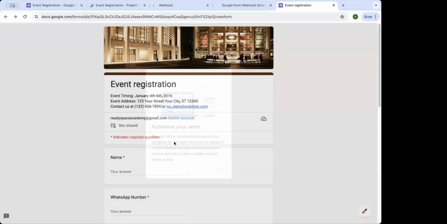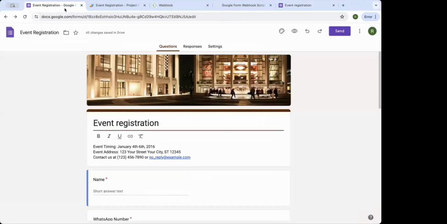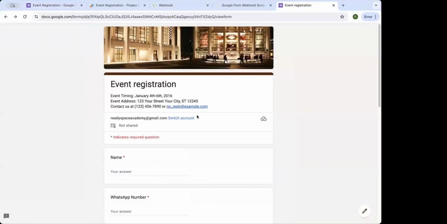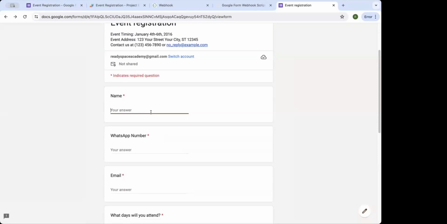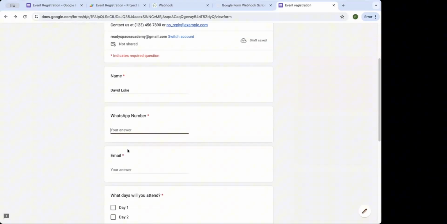Right, so you can see that this form is different from what you have seen earlier. What you have seen earlier is a form that you can edit, whereas this form is a form that you cannot edit. Now, go to the answer name. My name is David, so I will key in David. And for the WhatsApp number, typically I will just use the number that I'm using to test, which is